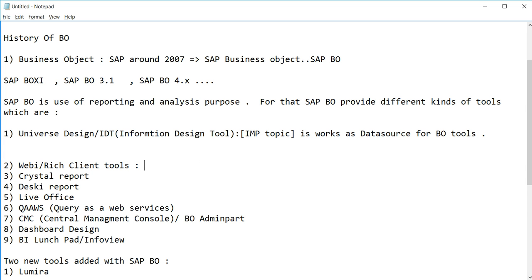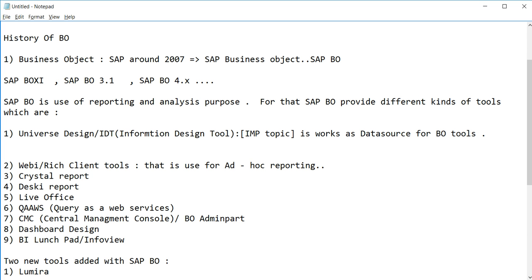And then Webi report, that is used for ad hoc reporting. Ad hoc reporting is just like we give users privileges to design their own report without having any technical knowledge.